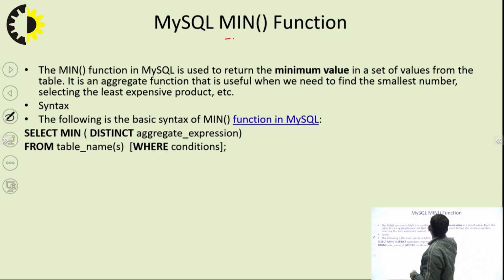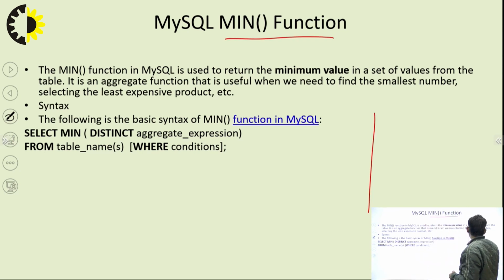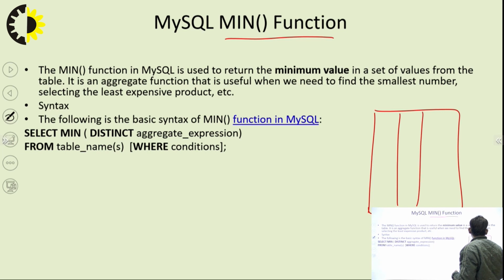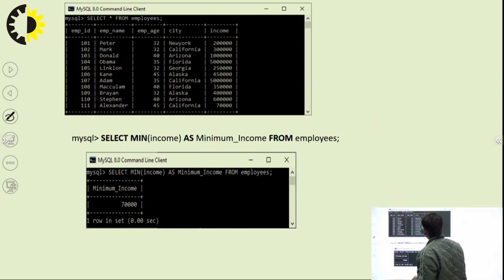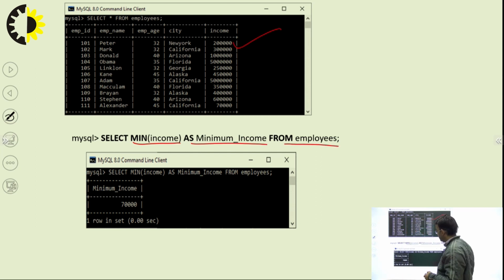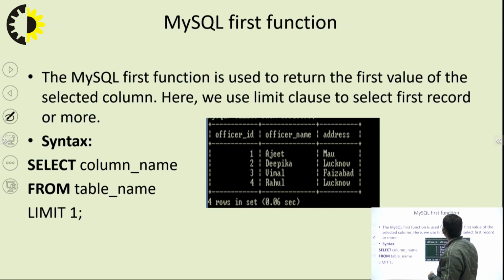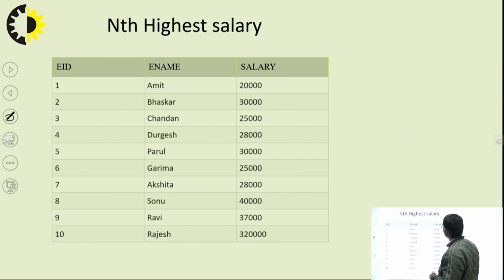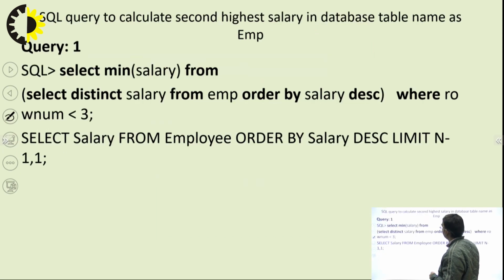Next one is the MySQL min function. In the MySQL min function, if there is a table that contains more than 2 or 3 attributes, and we want to find out the minimum value of a particular attribute, then we have to use the minimum function. For example, this is a table, and we want to find out the minimum income. Then how do we apply it? Select minimum income as minimum from the employee. It will give the result minimum. This is the minimum, 20,000 will be the minimum income, by using this query. In the same way we can apply it for the highest salary. That is all about the